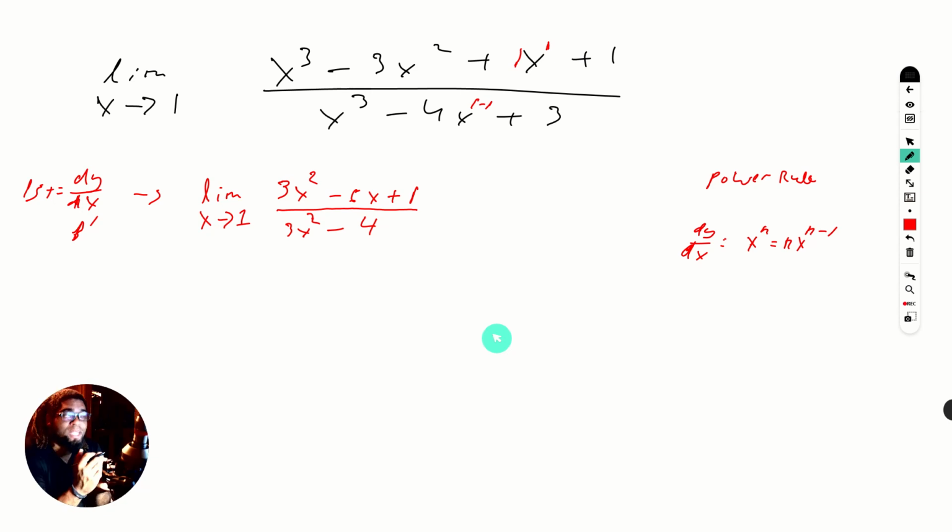This is why L'Hopital's rule is so convenient, because if it doesn't work, you just do the derivative again. You just take the second derivative. So you take this and you just do another derivative. You take the second derivative of the derivative, and then you see if that works. If that doesn't work, you just take a third derivative, okay? And if that doesn't work, you take another one. So you just keep taking the derivative until what you have on the bottom comes out to something other than 0. So in this case, if we take 3